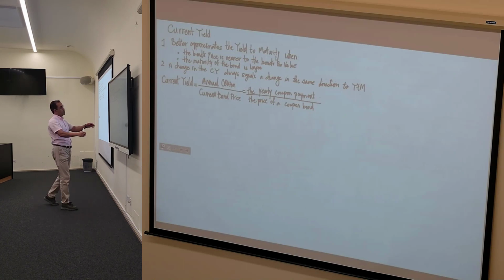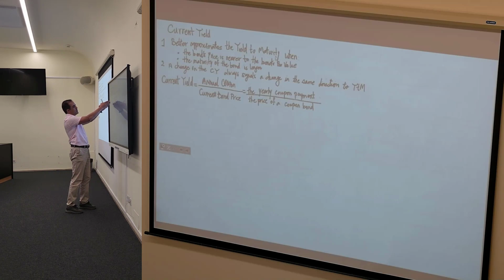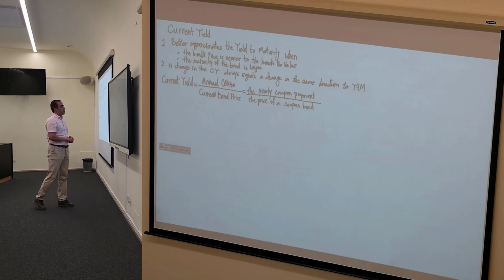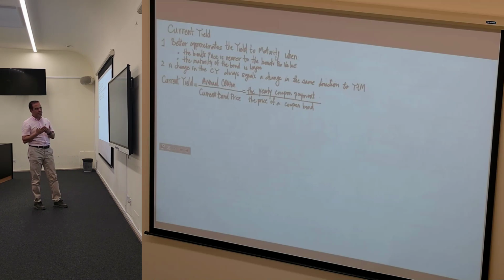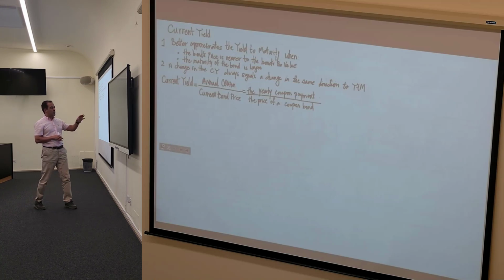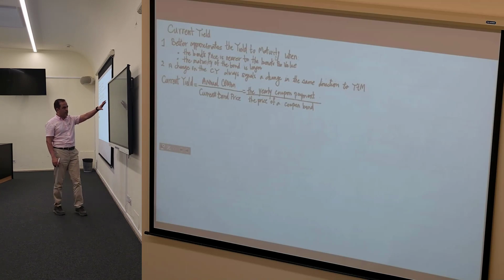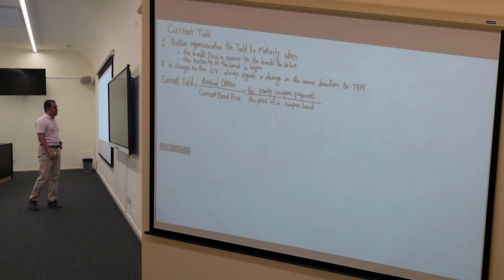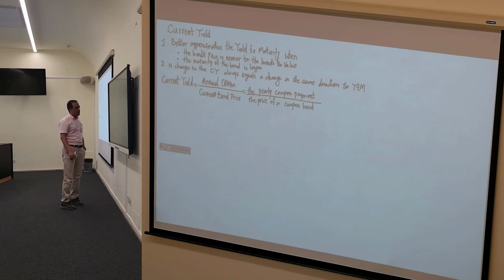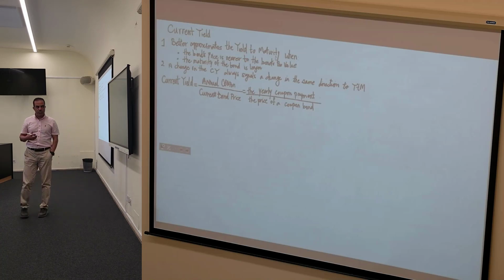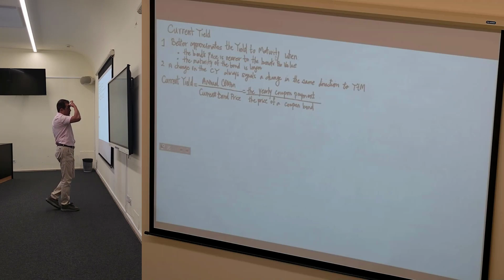Okay, so if the bond price is nearer to the bond's fair value, we can see that the current yield would be a better approximation for the yield to maturity. Okay, and the direction is also important because it's a relation between the annual coupon and the current bond price and the yearly payment with the price of the coupon bond. So it can give us the direction also and a kind of approximation for the changes that we might expect in the direction. So imagine that we have a 10%